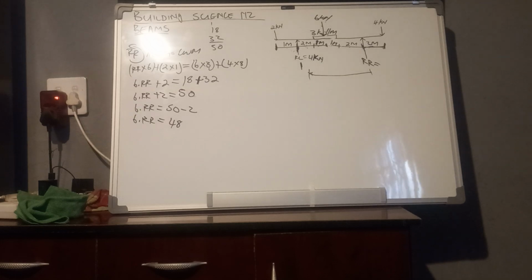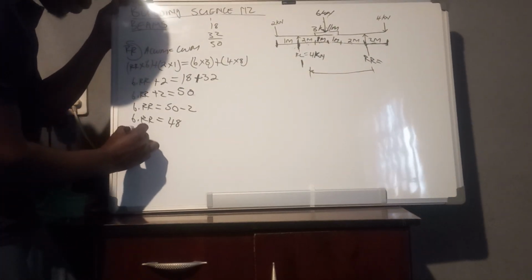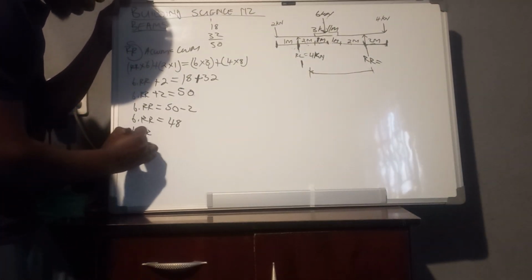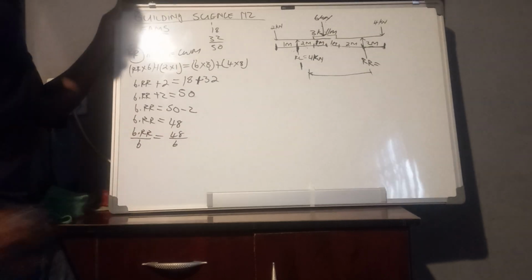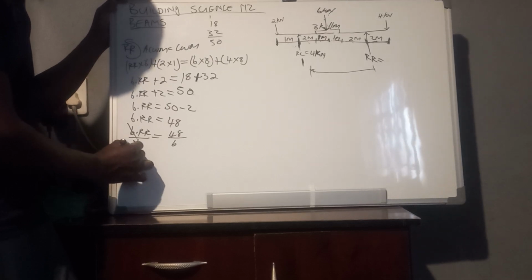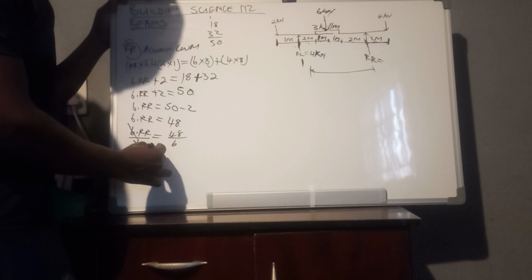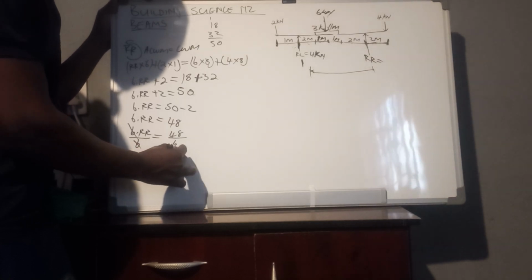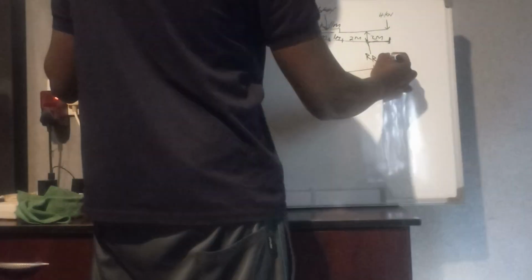We are going to say 6RR divided by 6 is equal to 48 divided by 6, right? Then this one cancels this one, and you're left with RR is equal to 48 by 6, it's 8 kilonewton. Therefore, you indicate here that RR is 8